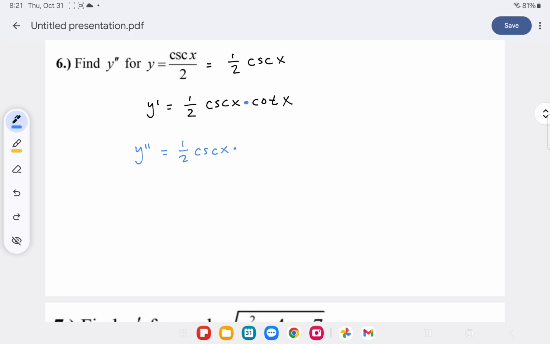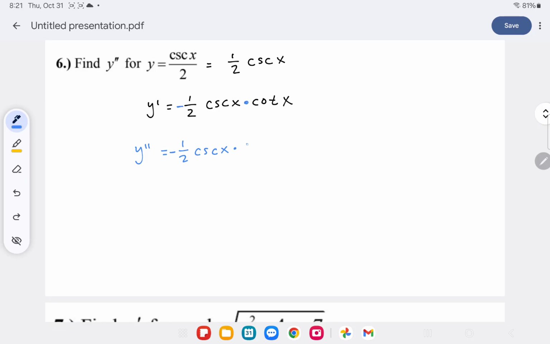So the derivative of cosecant is actually negative cosecant times cotangent. So my first one should have been negative. So when I take the second derivative, I have negative 1/2 cosecant of x times the derivative of cotangent, which